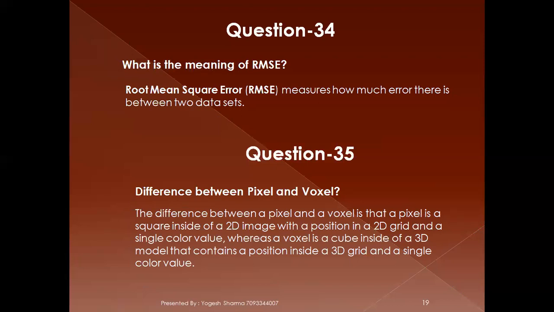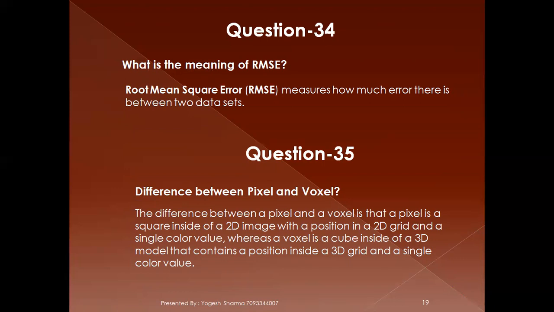What is the difference between pixel and voxel? In short form, I can say pixel is a two-dimensional grid, and voxel is a three-dimensional block. That's it. What is the pixel? Whenever we are taking any photo, whatever grid we have, that grid is called the pixel. But whenever we are talking about a three-dimensional block, the smallest block of the 3D feature